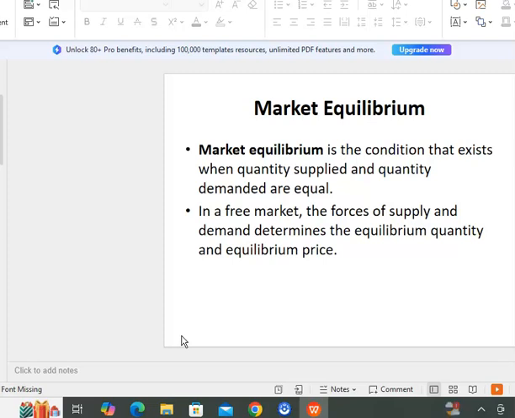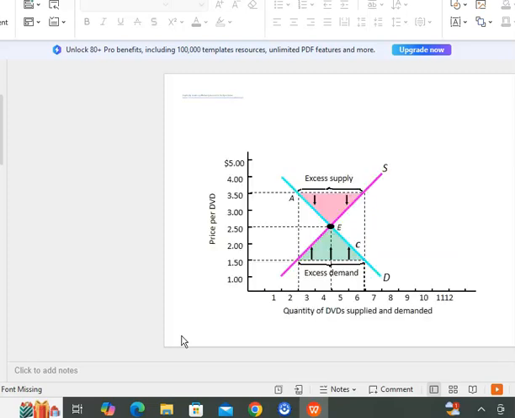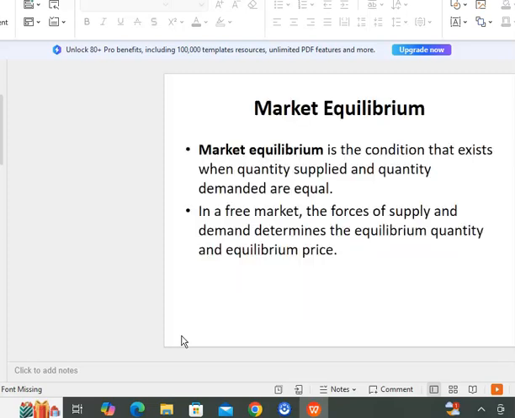Today I would like to take you through the concept of market equilibrium. And I will start by defining the concept. When we talk of market equilibrium,